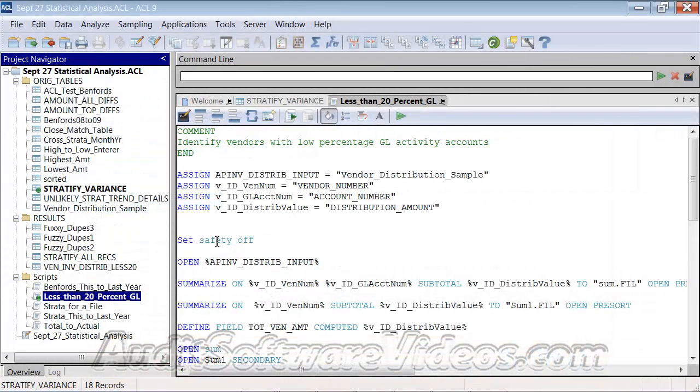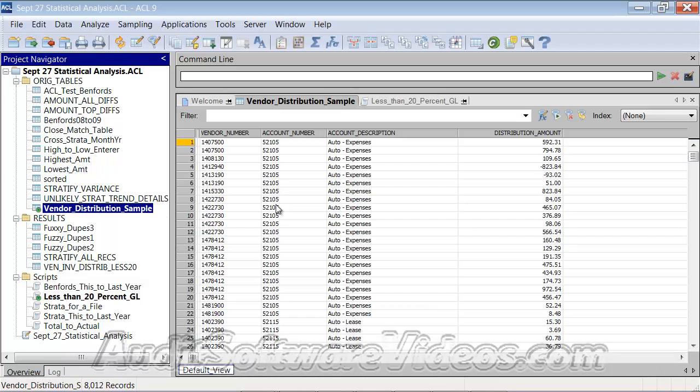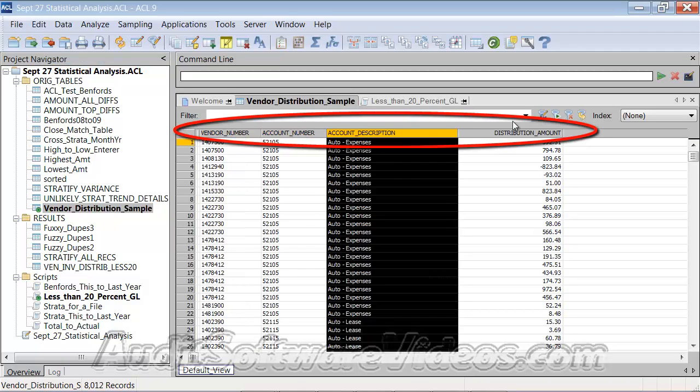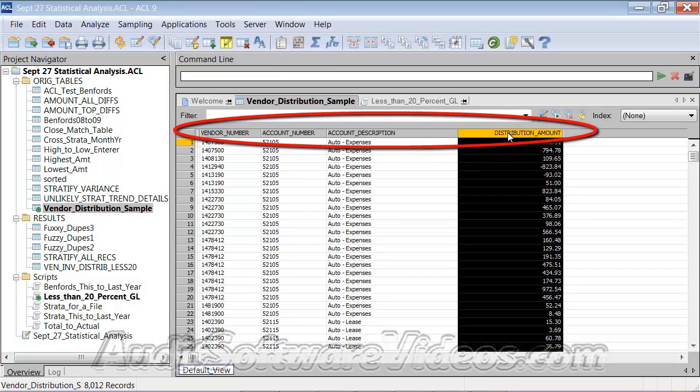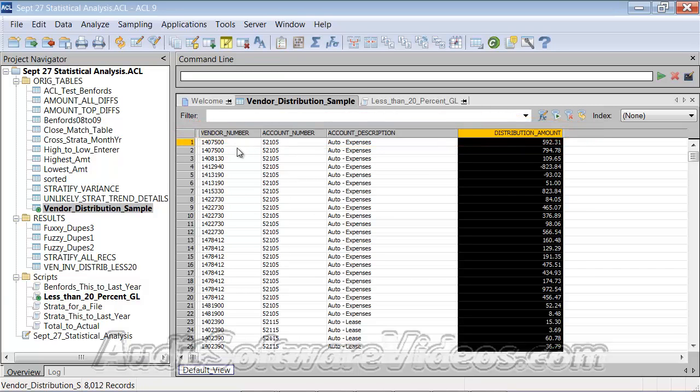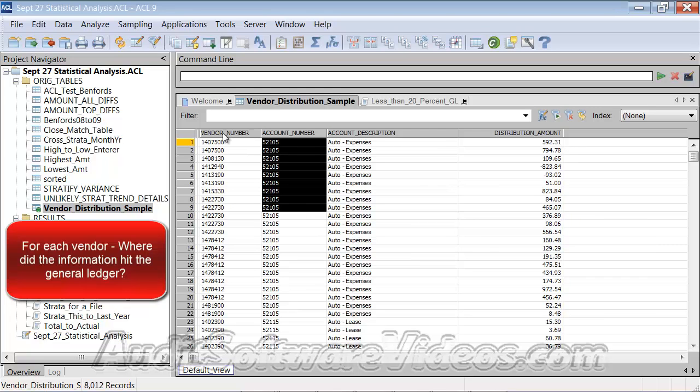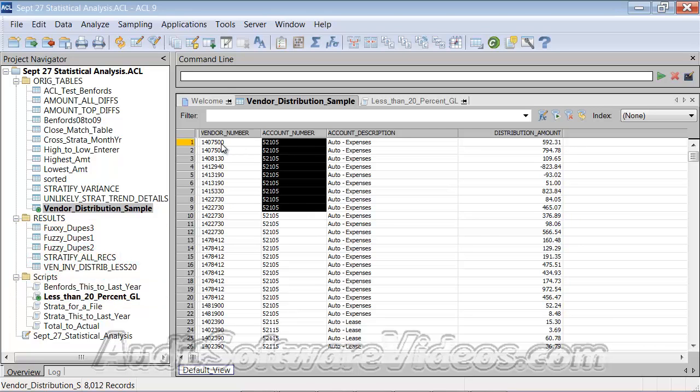And once in ACL here, we have this less than 20% script open, but let's take a look at the vendor distribution file. I have the vendor number, the account description, and this distribution amount. So what we're saying here is, for each vendor, where did the information hit the general ledger? And what I'm most interested in is vendors that have situations where they've posted less than 20% of their value